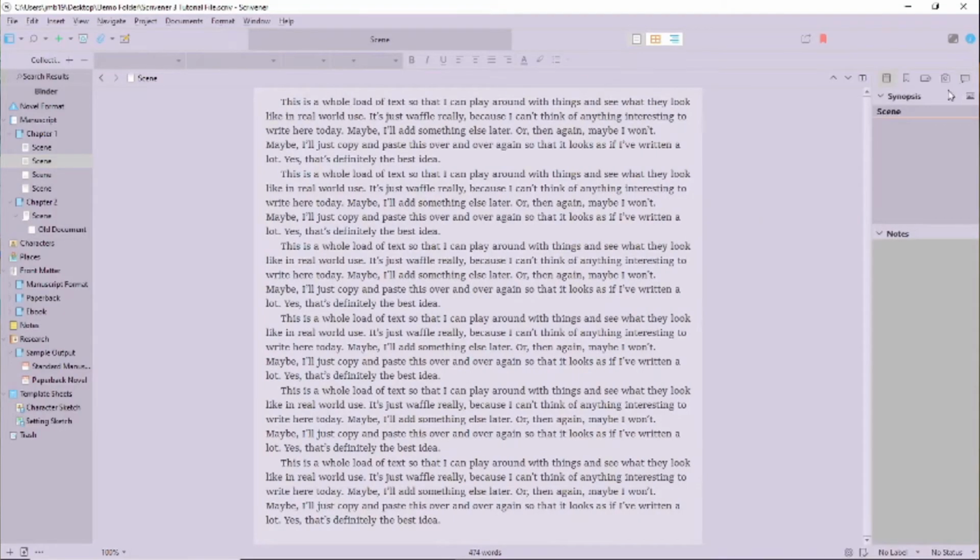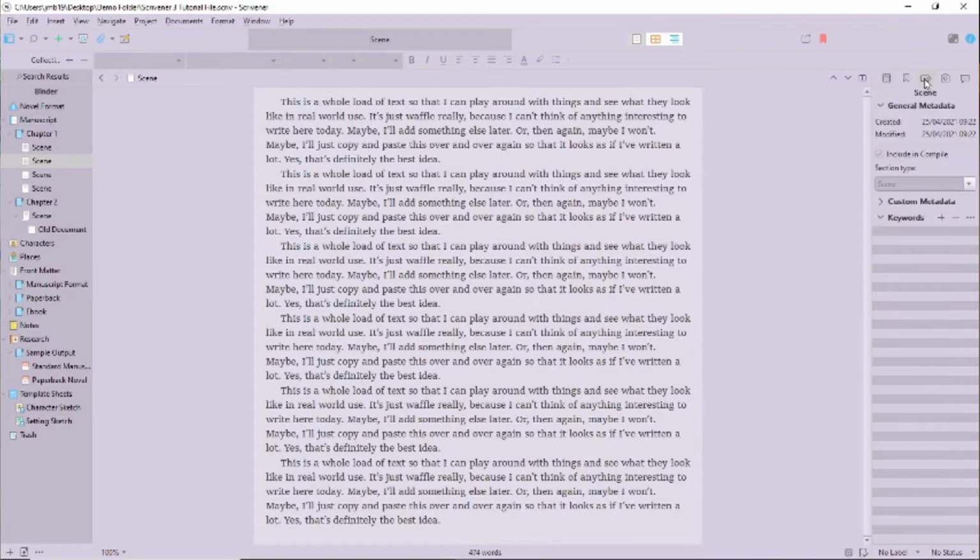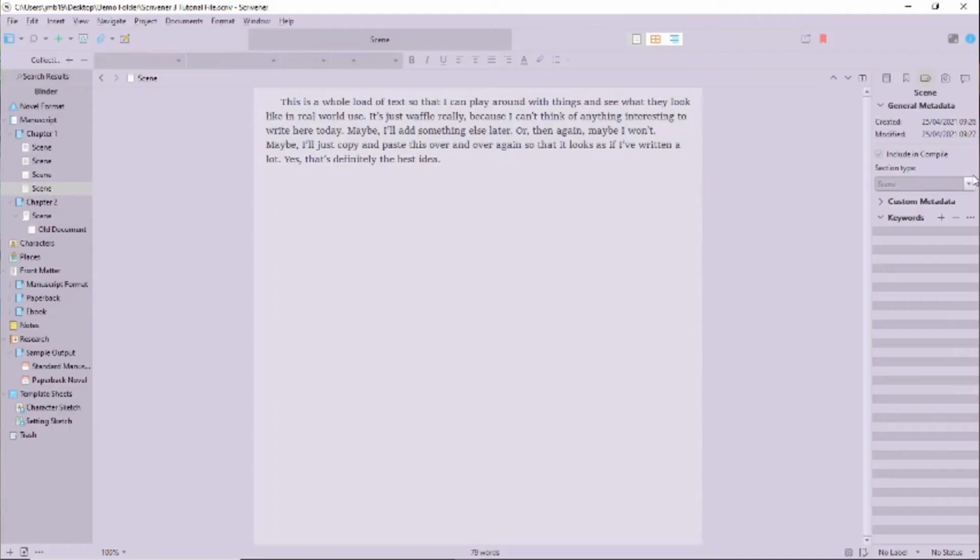To assign section types, go into the inspector and choose the metadata icon. There you'll see the section type pull-down menu. What you see in this is dependent on which template you've chosen. This is novel format. To select a specific type for the document file that you're within, just tick the little